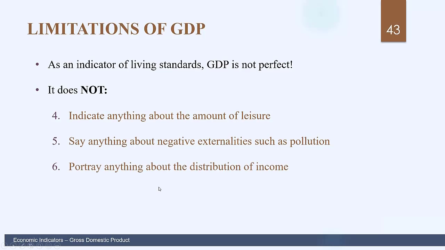And also, the gross domestic product says nothing about the distribution of income. We do have our measure of GDP per capita, which is real GDP divided by the population, but that doesn't say anything about how it's distributed. It could be that 5% of the population has 80% of the wealth that is represented by gross domestic product. So if we were comparing real GDP across different countries, two countries could have the same real GDP per capita, but the distribution could be much different.